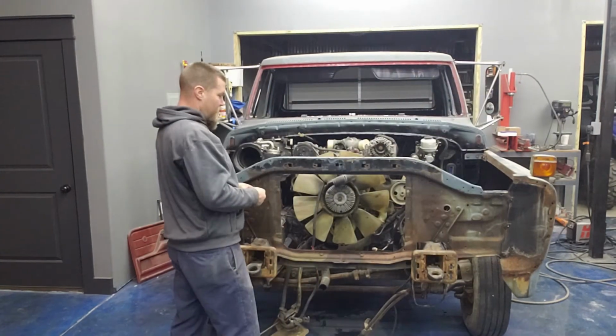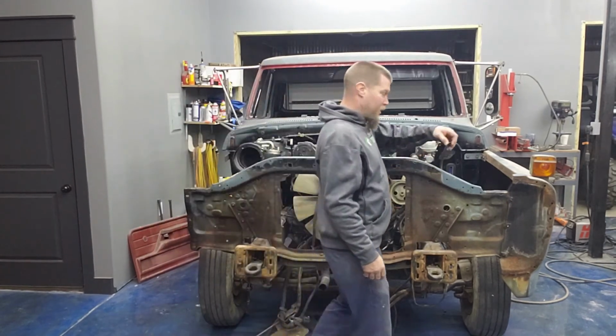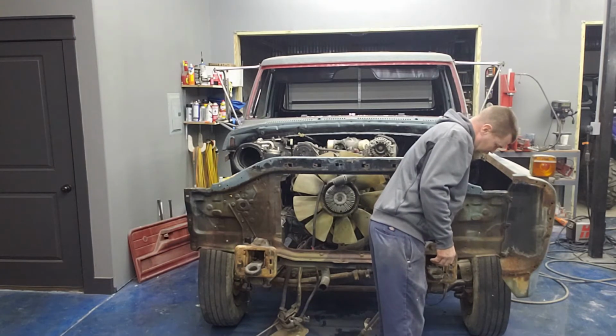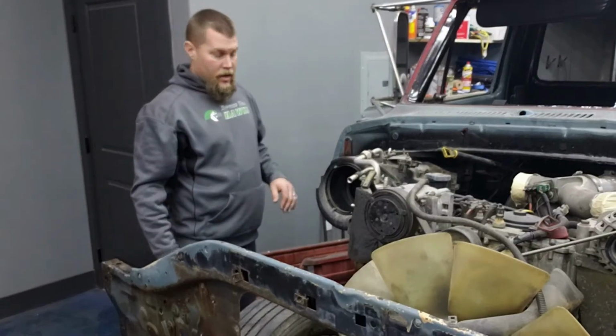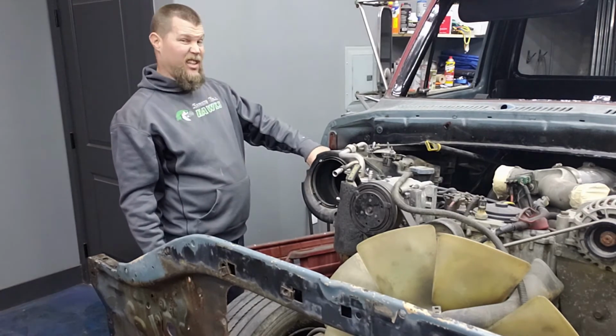Now we get to see if the fender and the door that I beat the hell out of fit any better. Throw this bolt in real quick. I don't know why, it doesn't really need it, but why not? Alright, so if you remember that bracket right here that I talked about earlier, the one that I thought the bolt was breaking,